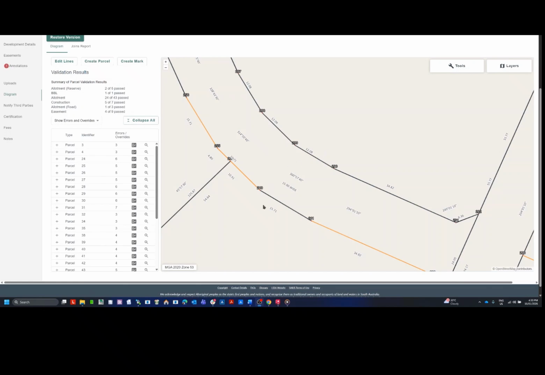close enough in order to be associated with the road, and it has validated the bearing against both sides of the road. Where we have just the one bearing label in the middle of the road and no road width label, then unfortunately we've only been able to assign the bearing to one side of the road or the other, and that's the case here and further up the road